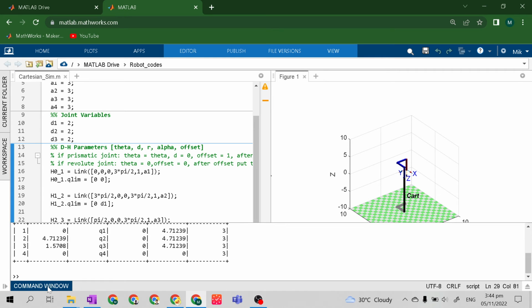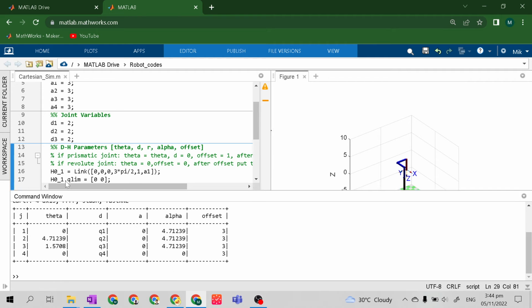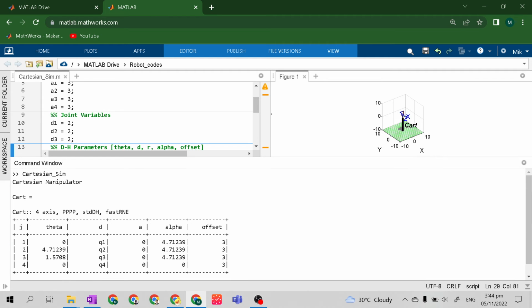Then at our command window, we have here the DH parametric table, brought to you by Dr. Peter Corke. So in Peter Corke's parametric table,